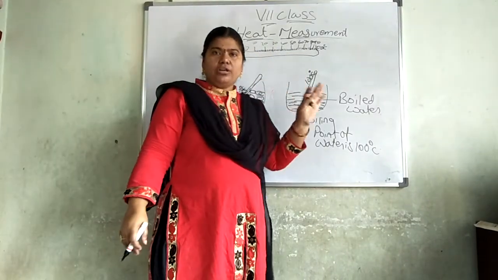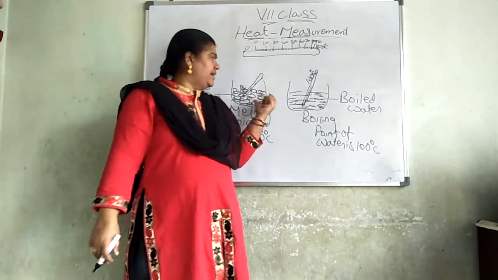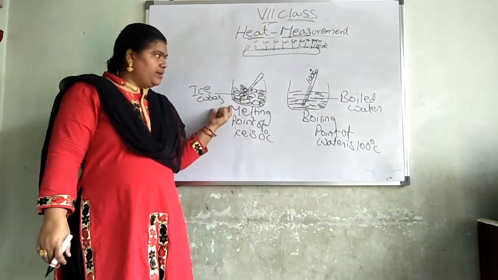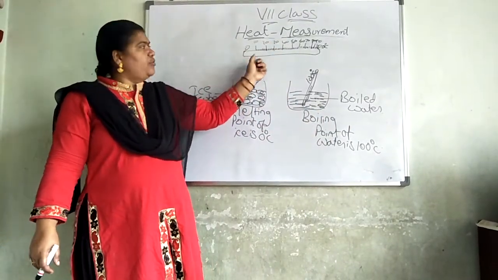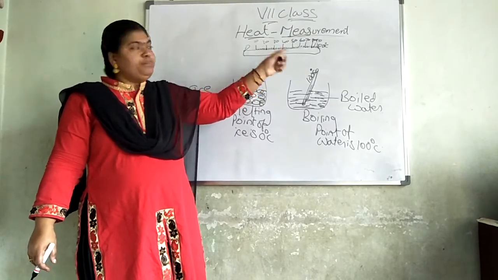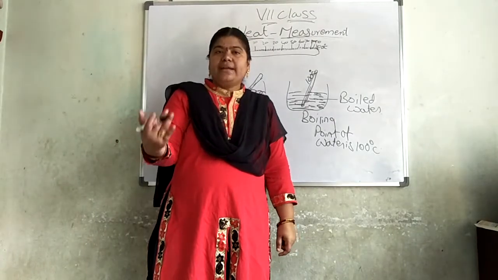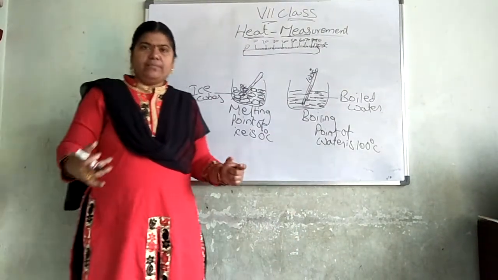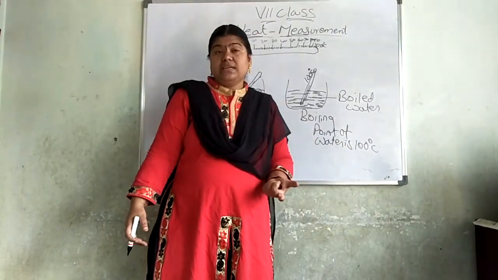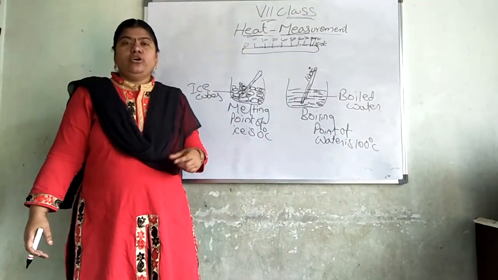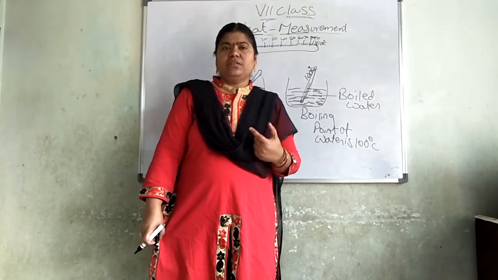When the markings on your thermometer are wiped out, what do we have to do? We have to take 2 beakers like this and note down the melting point and boiling point, and after that give the remaining scale, divide it into 10 equal parts and write the measures on it, and you can make your clinical thermometer again by using this. Who invented this thermometer? Galileo invented this thermometer.